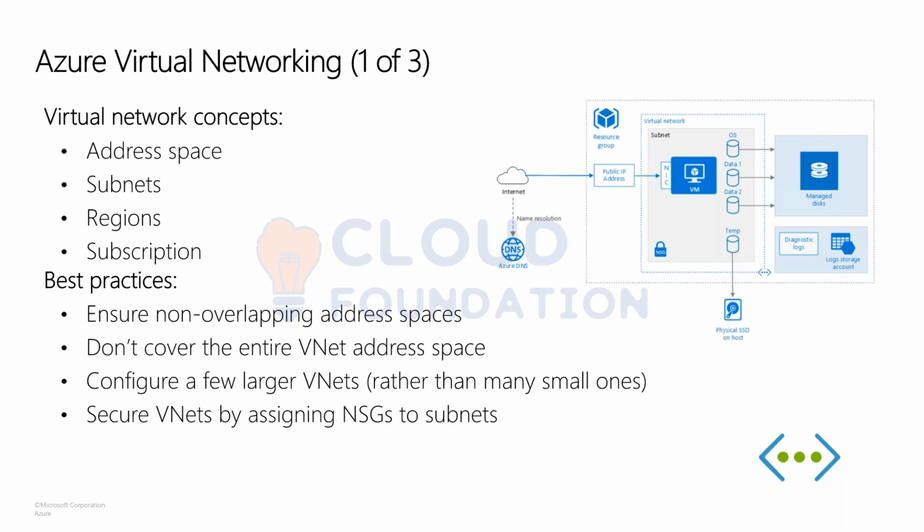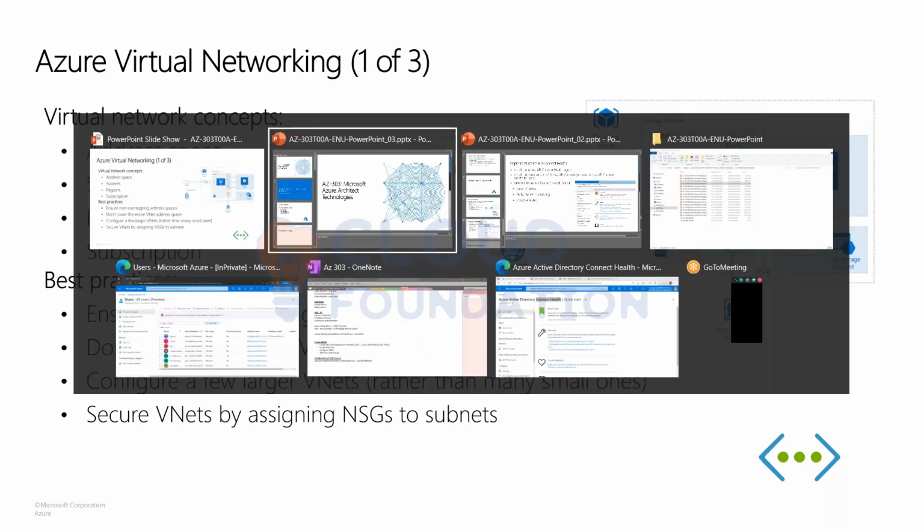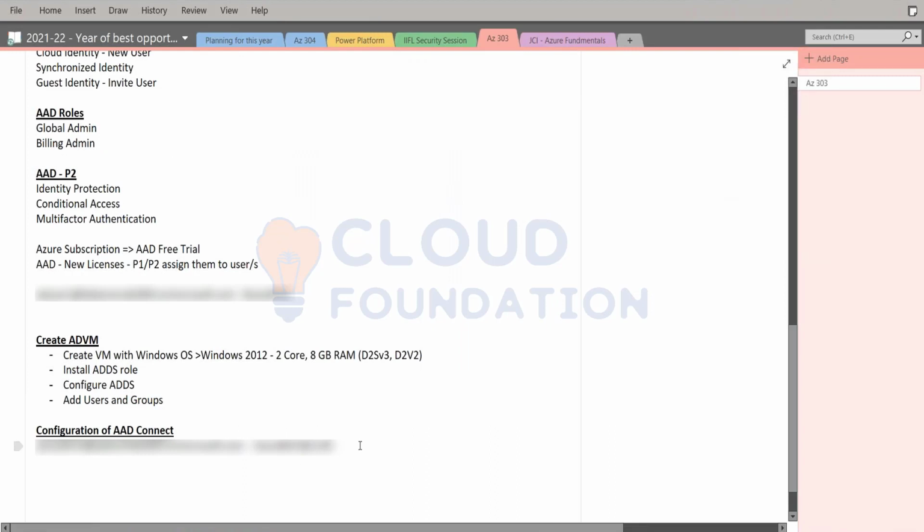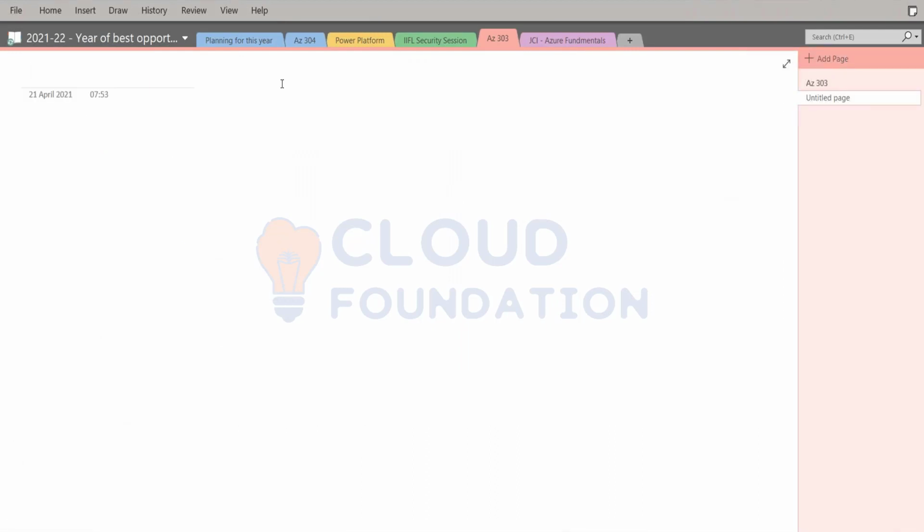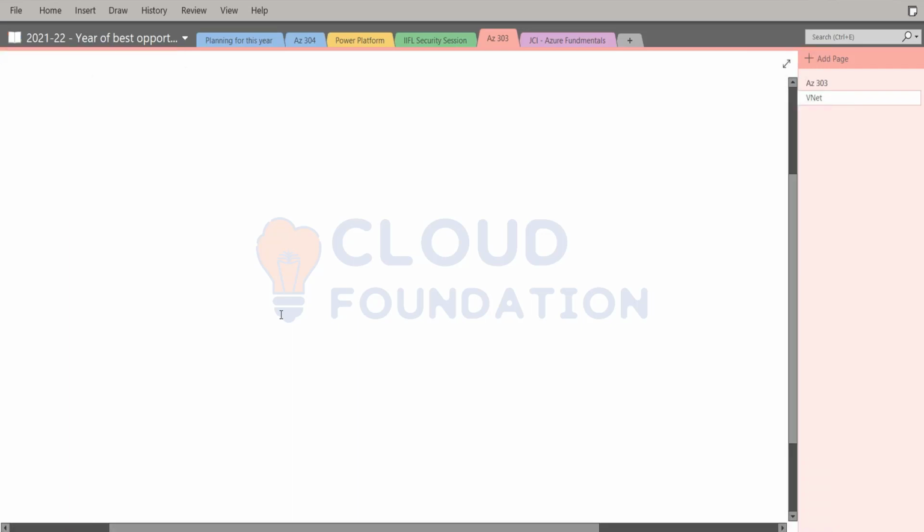Now, while you are creating a virtual network, you will have to associate a region, in which region you want to create your virtual network. And this will be part of a specific subscription. Now you'll see in earlier slides, nowhere did we mention subscription, correct? Here you see it mentions subscription. So you'll have to mention your resource group and your subscription information. Let me add a new page over here. So if you're looking at virtual networking,